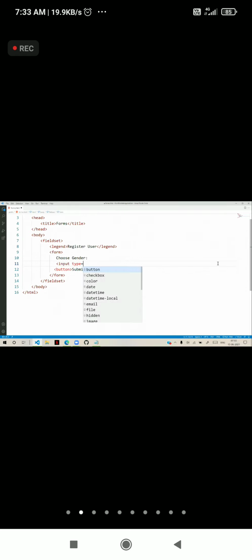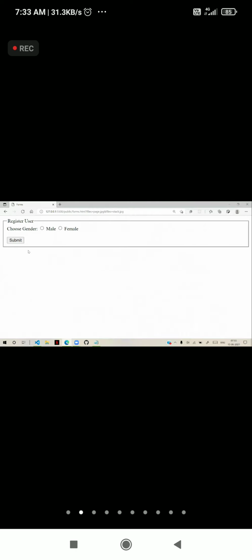Input type is equal to radio, and here I said male. And input type is equal to radio, so I said female. In the next line, I will keep the button. You see the two radio buttons are there.